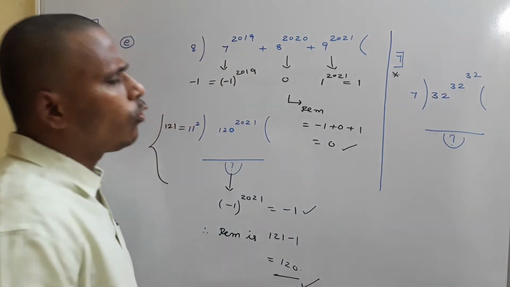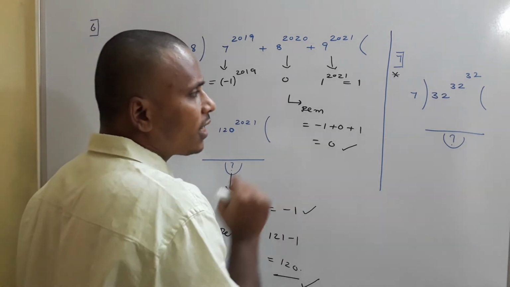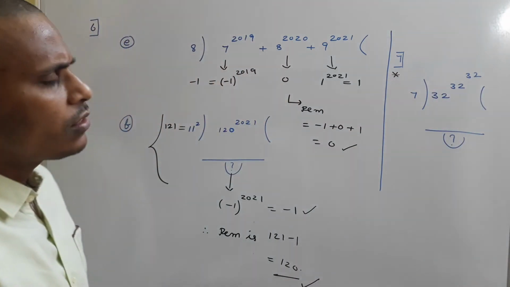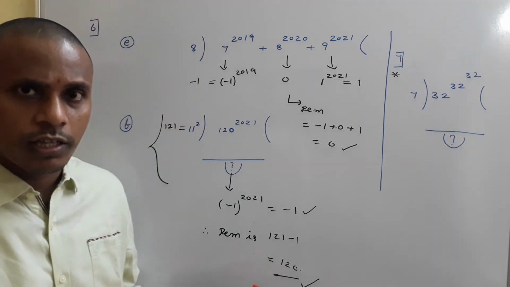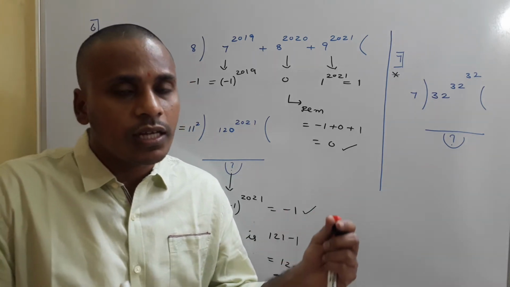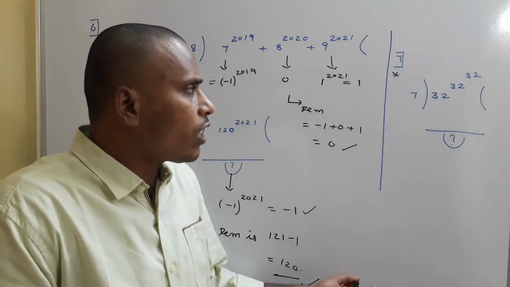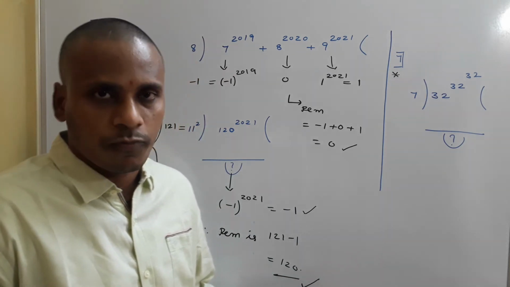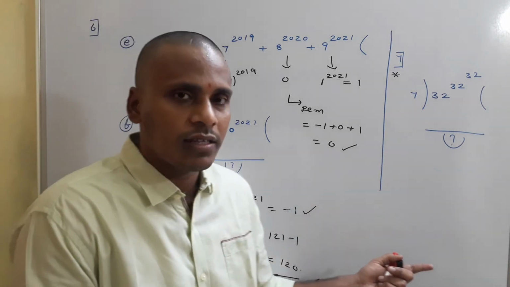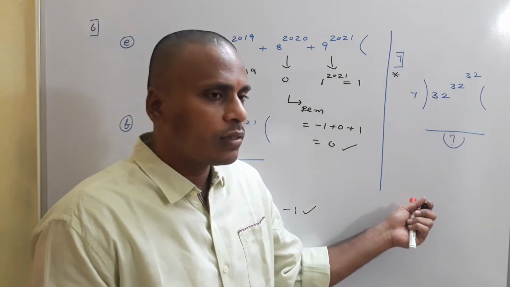Usually you will face this problem in many books. Just observe this problem. What is the remainder when 32 power 32 power 32 is divided by 7? There are many ways to solve this problem, as I mentioned in the previous class. One way is by using congruent modulo. Another way is by using the binomial theorem of algebra. And now we are using simple remainder properties to solve this type of problem. This problem needs our knowledge of the remainder properties we discussed in the last two classes. It is very simple to solve. Just try once and then I will discuss.